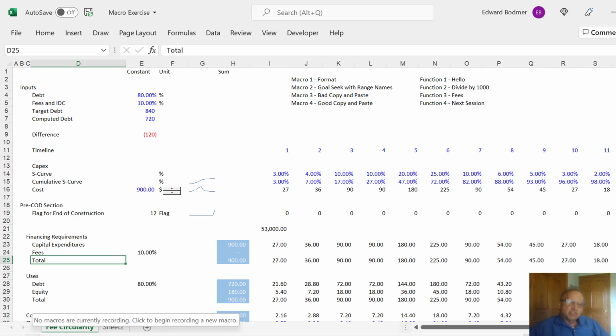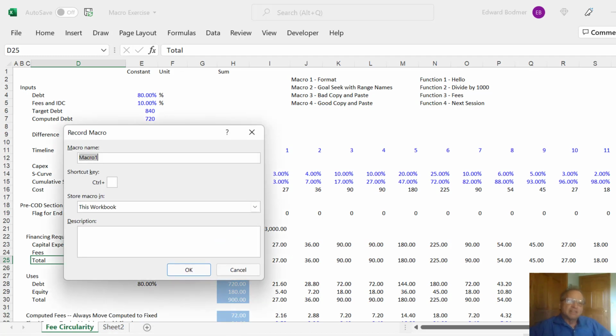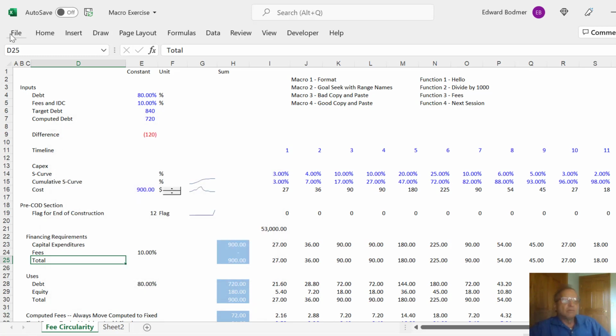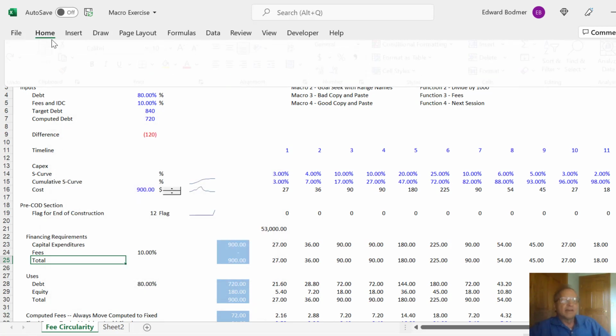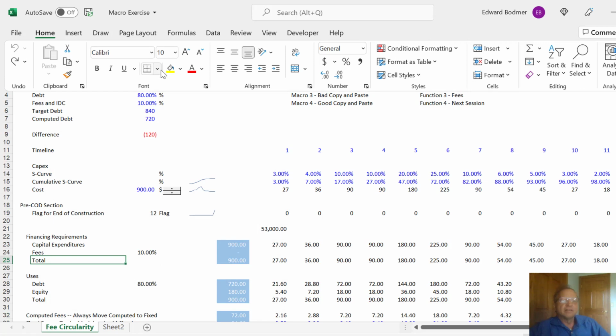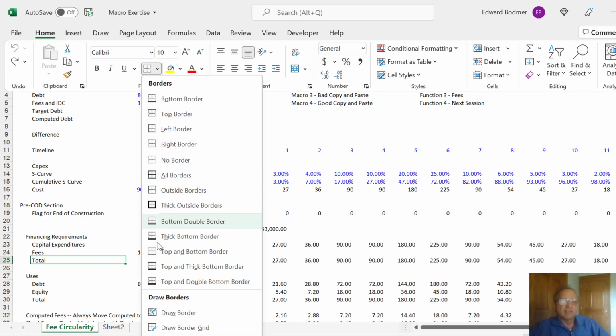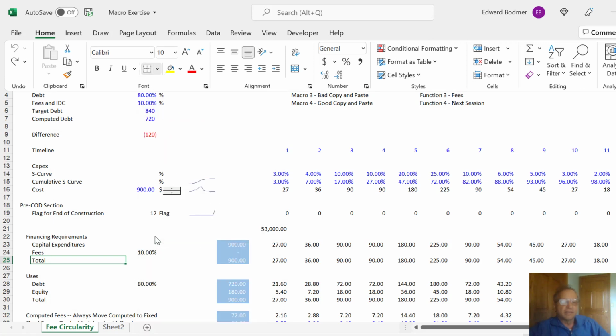on the paintbrush, you start a macro, and then here's the big thing, you don't move. And we'll put underline. How's that? If I could spell. And then we're going to just attach a shortcut to this. I'm going to make it a capital H, and then all we do is we go to the Home tab, we go to the thing for the underline, we find this one, and then we do the biggest thing, we